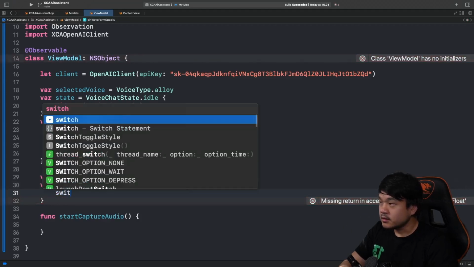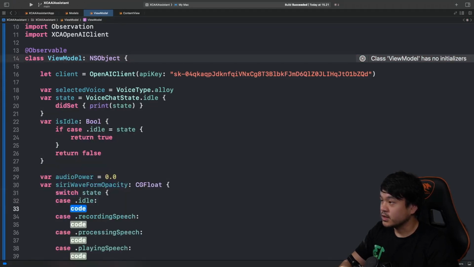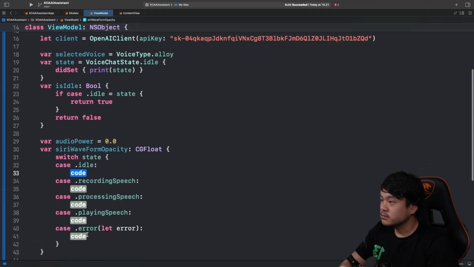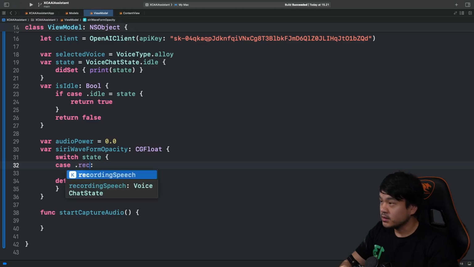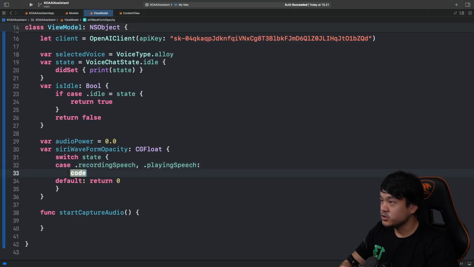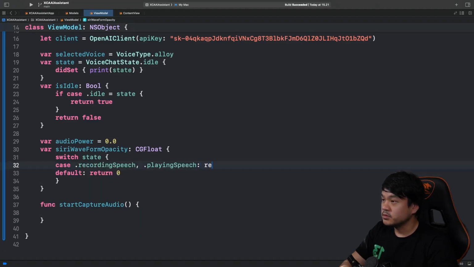Here I'm going to use switch state. Not going to use every case. So for the default, it's going to be 0. This is going to hide the view. So in the case of recording and playing speech, I'm going to return 1 to make it visible.